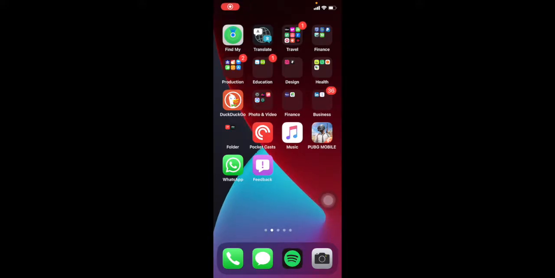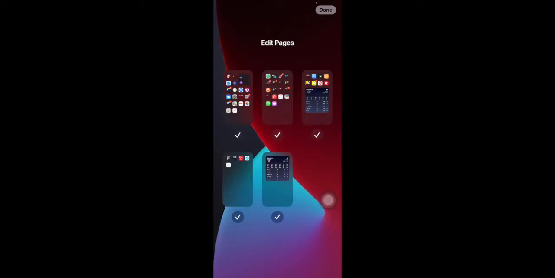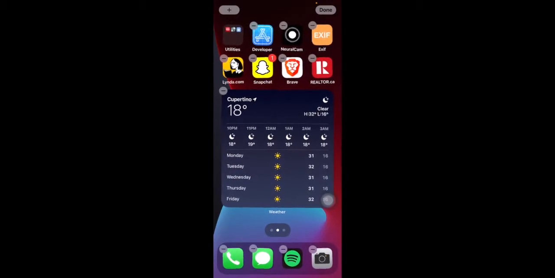Oh, I almost forgot. Now you can have fewer home screens. To do that, just tap on an app icon, tap on edit home screen, and now on the dots that you see right above the dock, long press it and you get the list of home screens available. So you can remove them, or well, there's no option to rearrange them, so you can remove the screens that have unimportant apps on. Select done. So right now I have just 2,